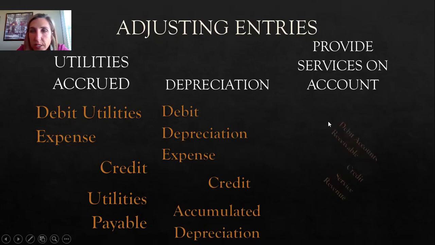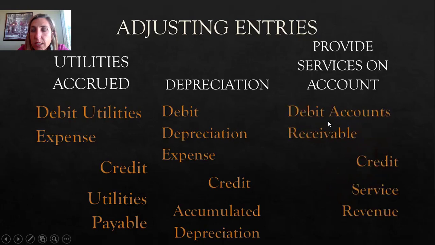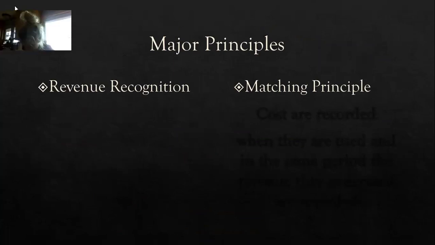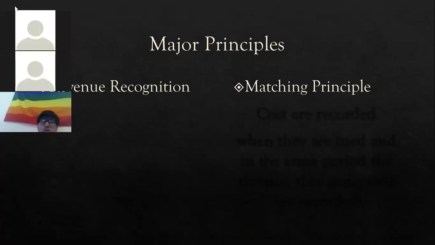It's not an adjusting entry, but it is one you'll need to know for a multiple choice question. So you would debit the accounts receivable. Remember, the word providing services tells me I need to record service revenue. I did work. And then the accounts receivable says I haven't been paid yet. Okay, two major accounting principles that we've discussed and will be on the final as multiple choice questions are the